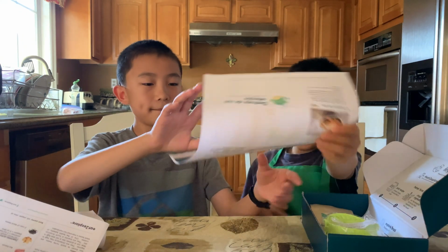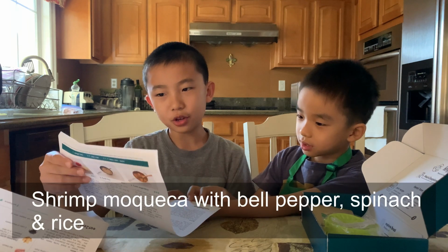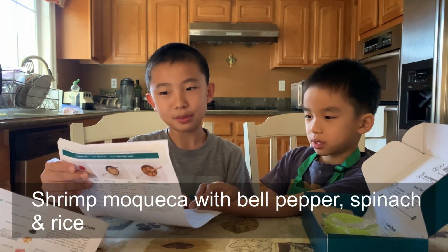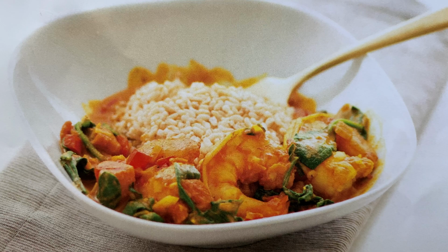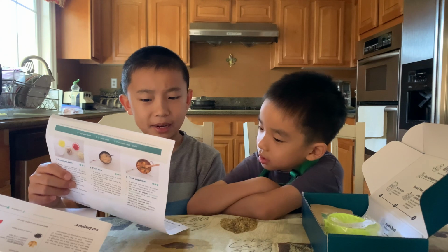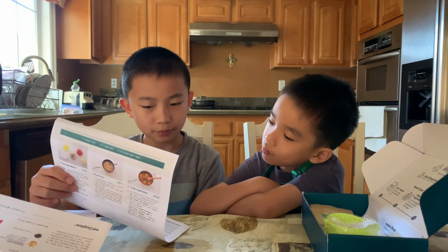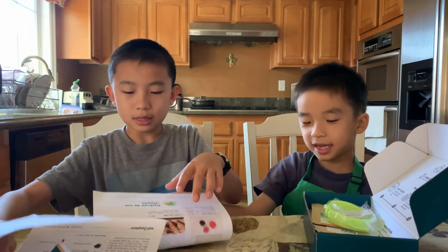The next dish is shrimp moqueca with bell pepper, spinach, and rice. Moqueca is a dish that most represents Brazilian cuisine as an amalgam of native Indian, African, and Portuguese influences. So this is basically shrimp with coconut milk. And the last one is...